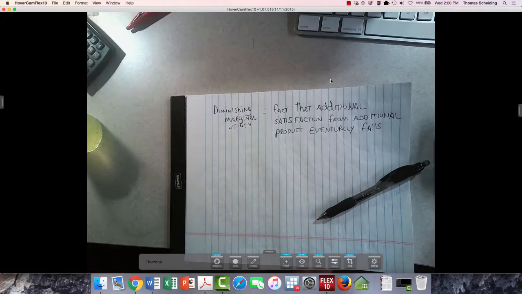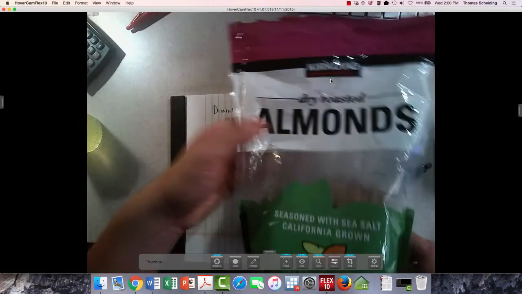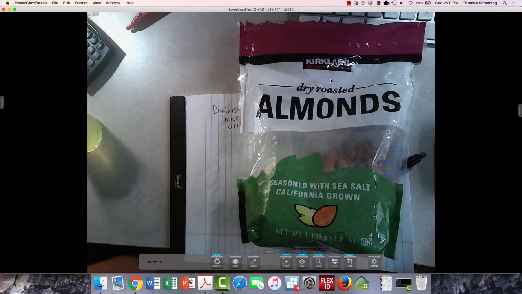for any product, here, let me give you an example. This is what I'm eating right now, almonds. Almonds are pretty great. It's 2.5 pounds. I think I bought this about 3 weeks ago. Well, what if I tried to eat all of them at once? What if I just sat down and said, I want to eat 2.5 pounds of almonds right now? I almost could guarantee you that,